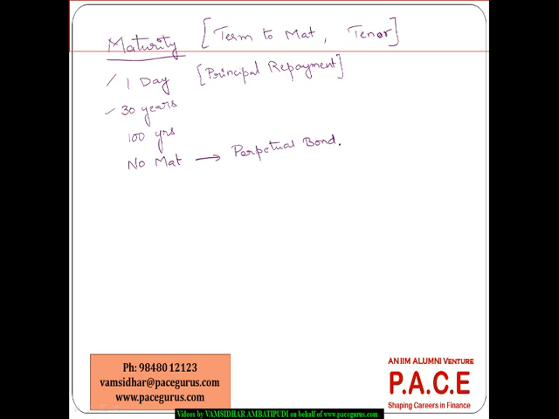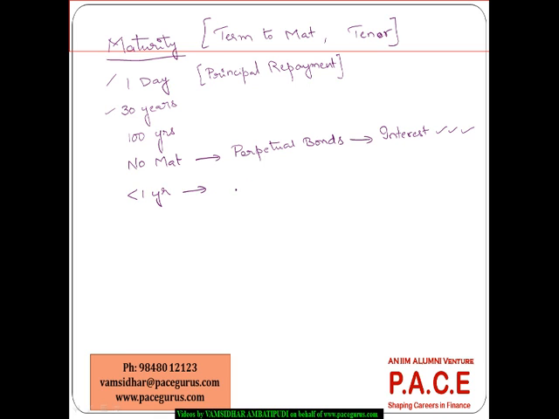Wherever there is no maturity date, we call those kinds of bonds perpetual bonds. And what we see for those perpetual bonds is that only the interest keeps getting paid at regular intervals, but there is no commitment on the principal repayment date. And as a classification, any kind of maturity